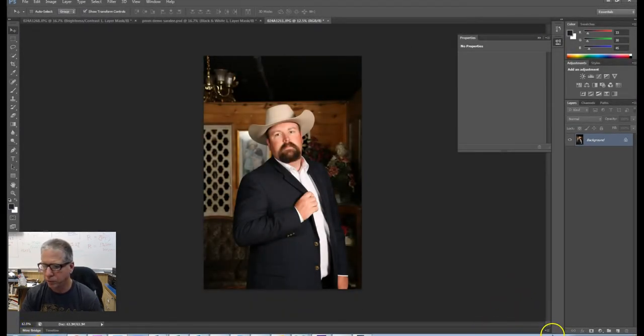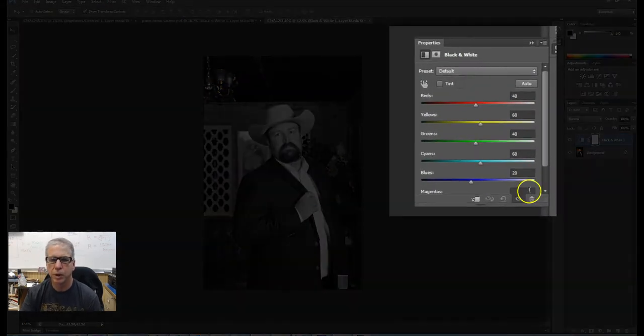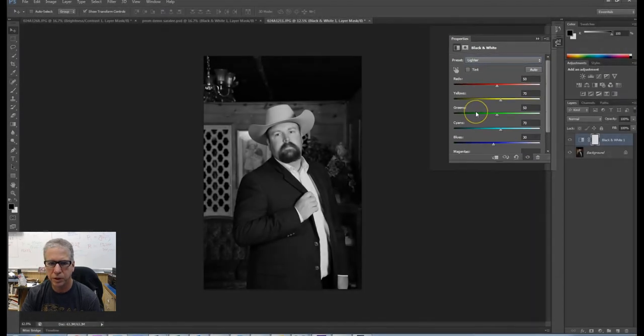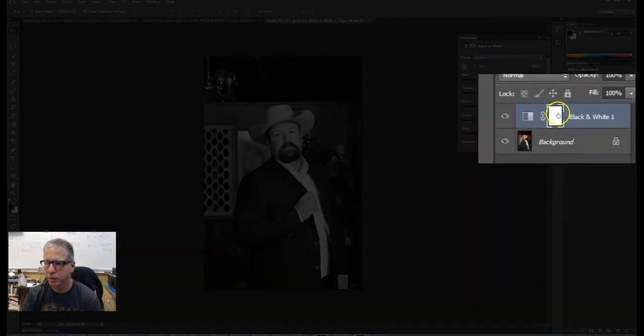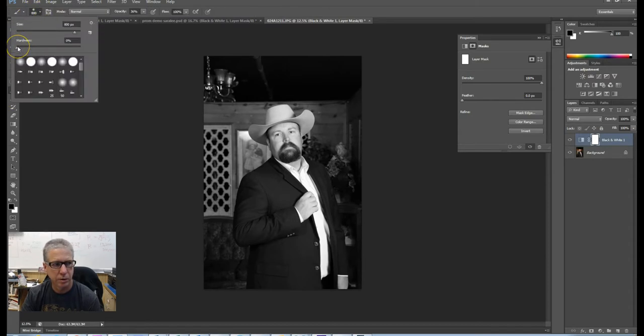All right, let's go through it again. Create an adjusting layer. Black and white. And one of the other things you can do here is that there are presets. And so I'm just going to go through, save some time, and just choose lighter. And just accept that. And then I'm going to click on the mask thumbnail. Make sure that my foreground color is black. And then choose a soft brush right there,